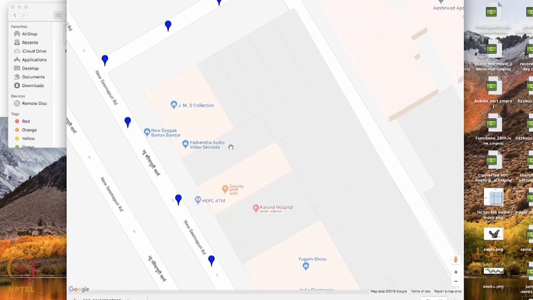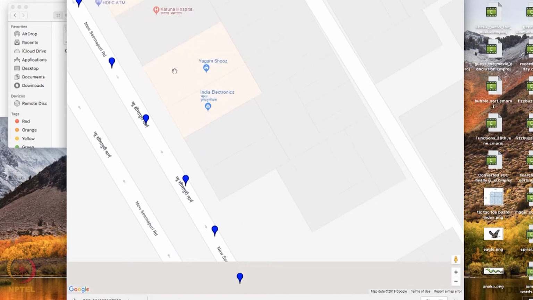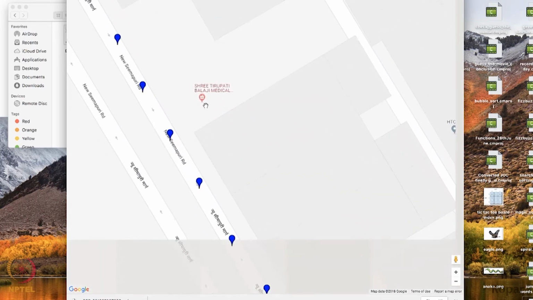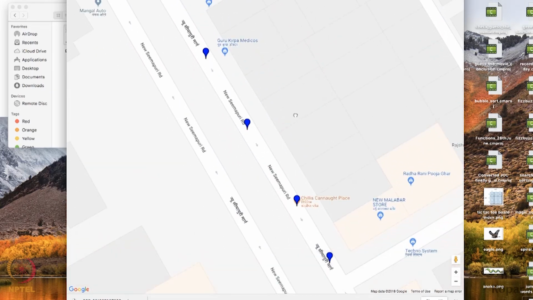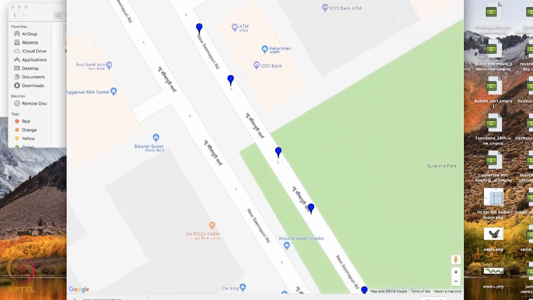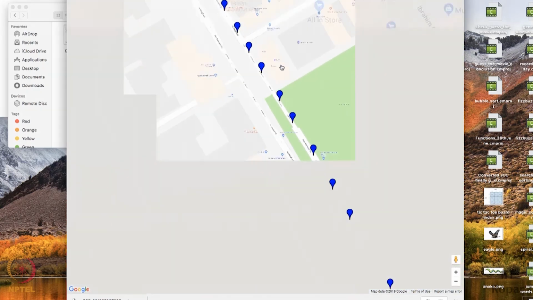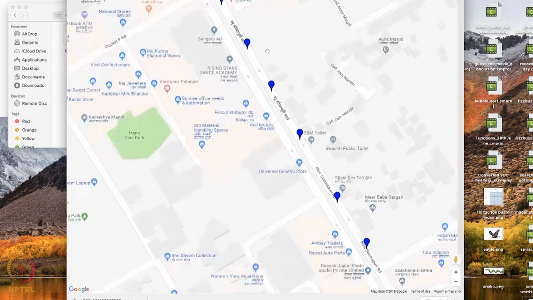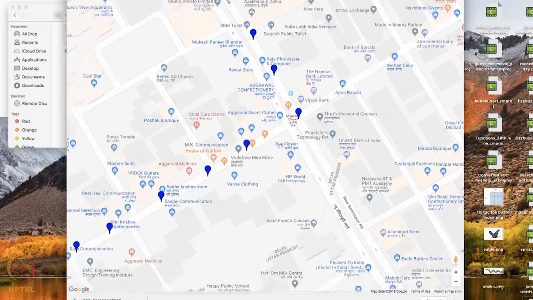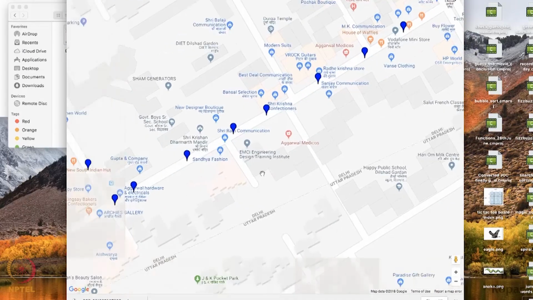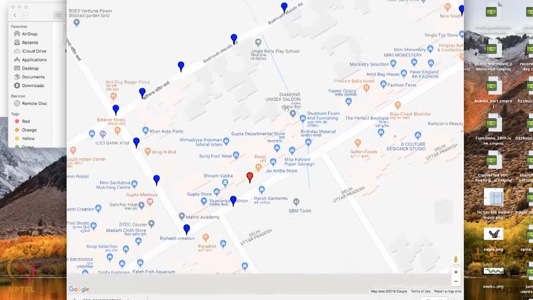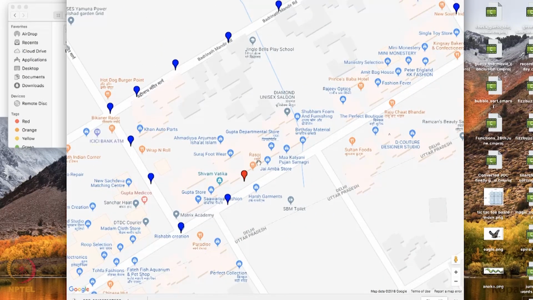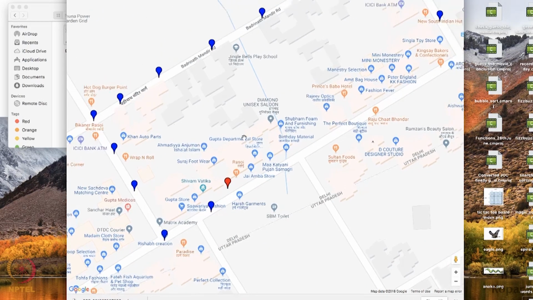These are the blue coordinates given by the GPS device, and these are the locations where he went. And this is the red location, which means this is the last location where he went.